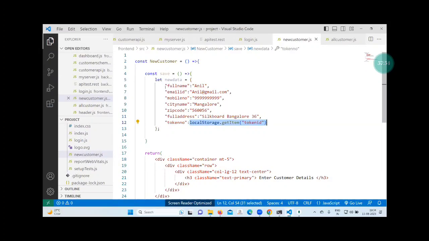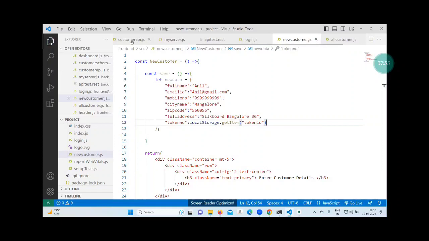Got it? Added. Now the remaining, I hope you can do. Creating the form, creating the state variable, taking the value from the text box, assigning it here on the right hand side, below creating the post data variable, JSON.stringify, correct? Content type, headers, everything you need to add, and using the post method you need to send it to the backend. Then in the backend again, we need to modify it.